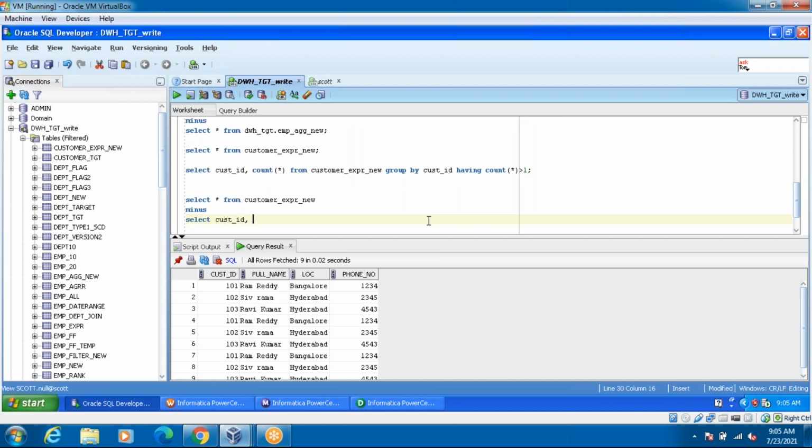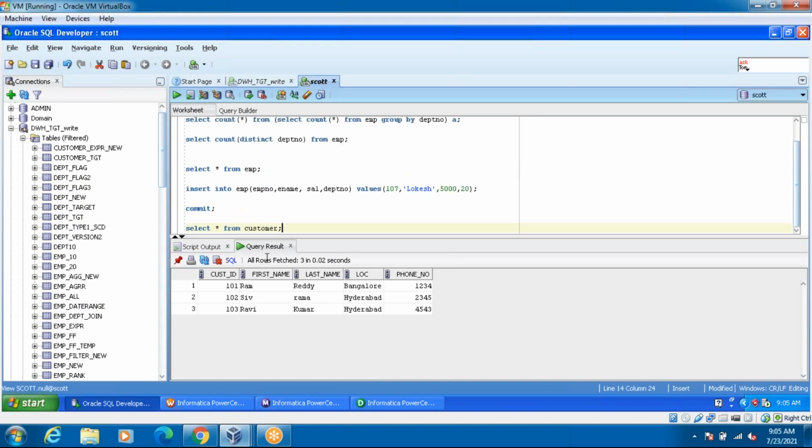I can use the concat function or anything. Concat of first underscore name and last underscore name.